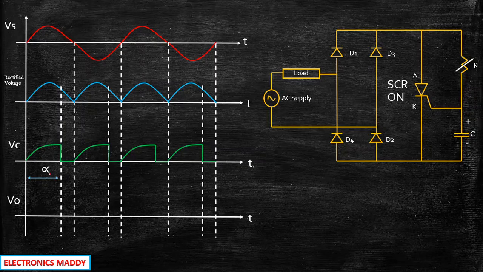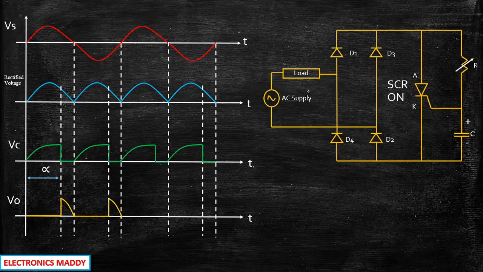Now what is the output voltage then? Output voltage is nothing but the voltage that is available across the load terminals. So once the firing angle is actually triggered at this point, the voltage that is supplied will directly be appearing across the load terminals in this particular fashion. Similarly, once the firing angle again appears, it will be following the nature of the rectified voltage because that is the voltage that we are obtaining, isn't it, at this point. I've only shown the current flow till the SCR turns on, but it will come back and it will flow through the load terminals as well.